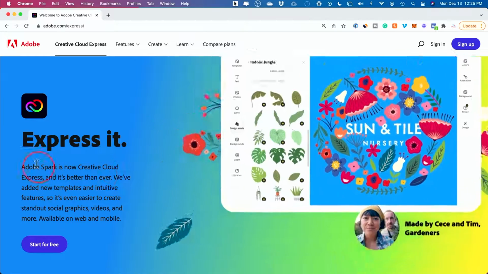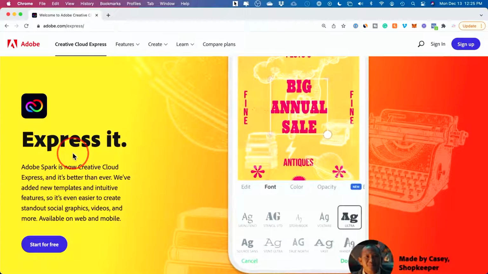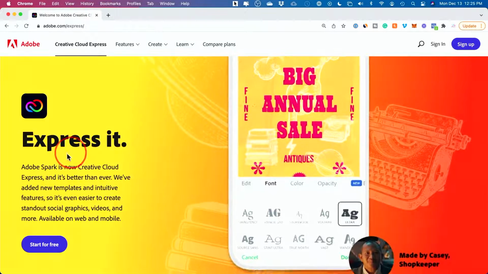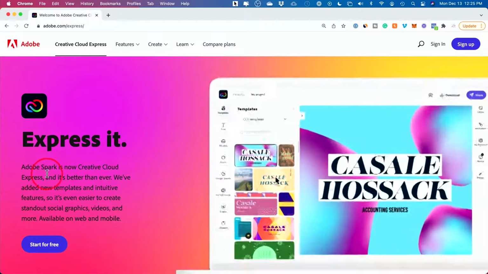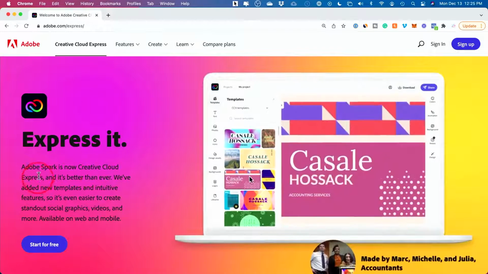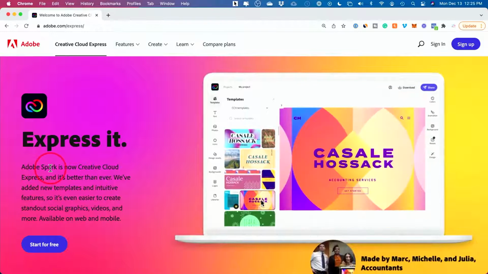There is a brand new platform for creating graphics, editing photos, and editing video, and it's all in one and really powerful, and it's created by Adobe. It's called Adobe Creative Cloud Express. There used to be a version of it called Adobe Spark, but they kind of combined this to make it an all-in-one web-based platform that you could use on your computer, and they do have a version for your iPhone